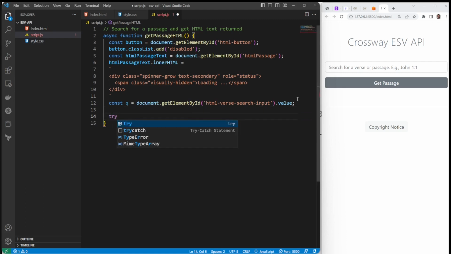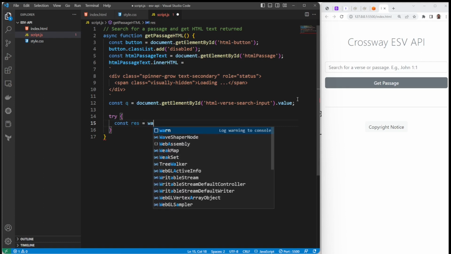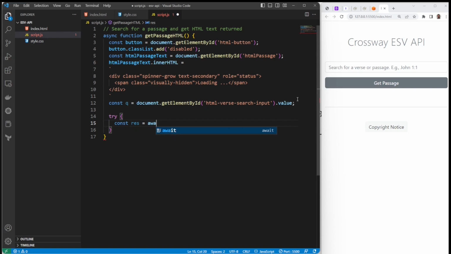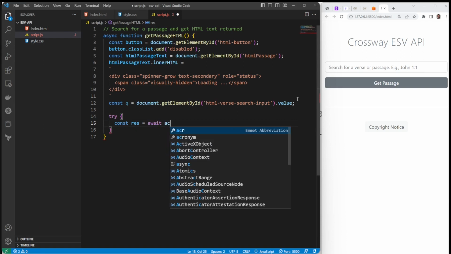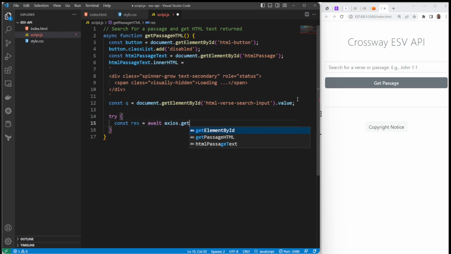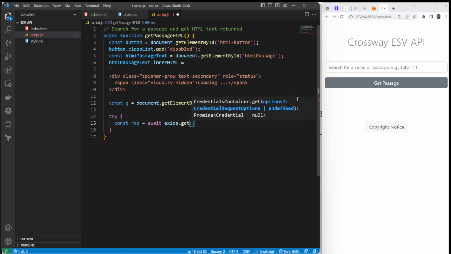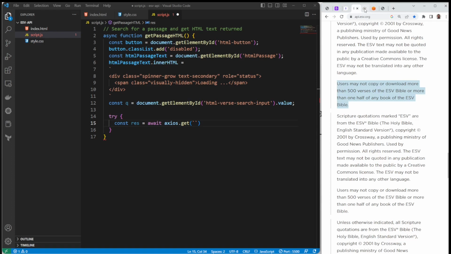And we're going to do a try catch. So try const response equals await axios.get. Use backticks again. And